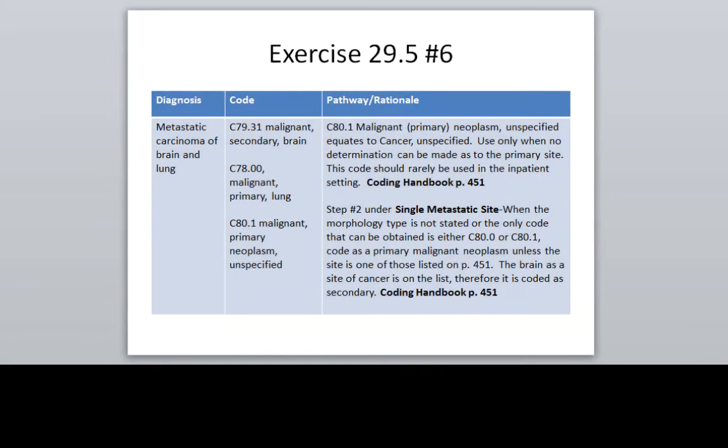The next example is 29.5, number 6, metastatic carcinoma of the brain and the lung. And using what we learned from our coding handbook, page 451, we know that there's no determination in this documentation as to which is the primary site. So in this case, we're going to use that C80.1 code to indicate that we don't know which one is